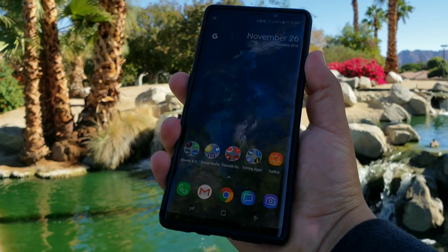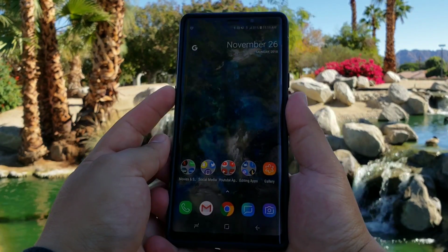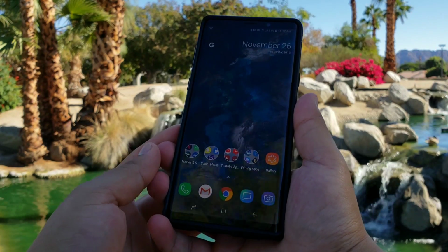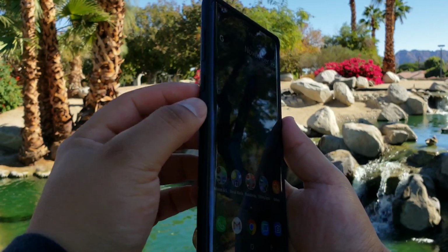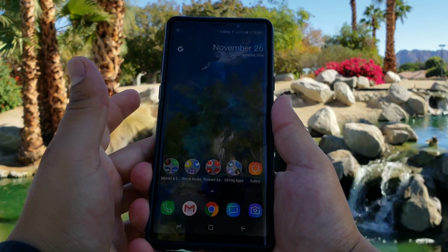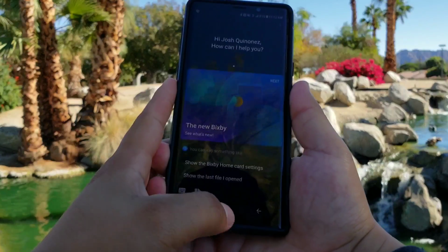Now, for those of you that have seen my initial review for this phone, you'll know that I did have one complaint, and that was the Bixby button, which I'm sure everybody complained about at first when they got this device, or any Samsung device that came with the Bixby button, and all the accidental presses along with it. Well, that is no longer a problem. Samsung has fixed that by giving the option to double click in order to wake Bixby, so no more accidental